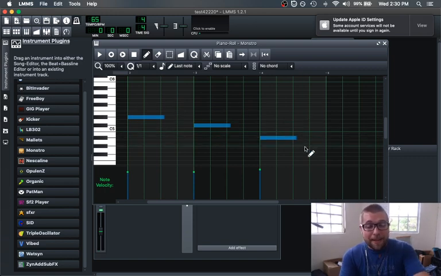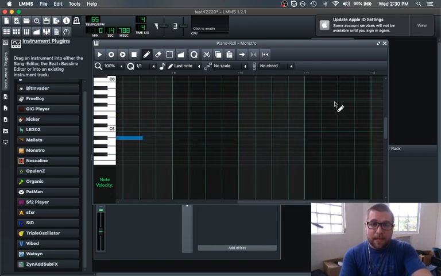Well, 4-bar passage. Let's make a loop out of it, shall we? Just do Command C, bring it to the next bar beginning. Let's make 16 out of this. My next recording I'm going to do is a different length. Maybe we'll do a measure and a half, something interesting.